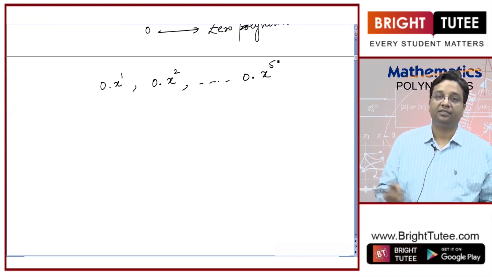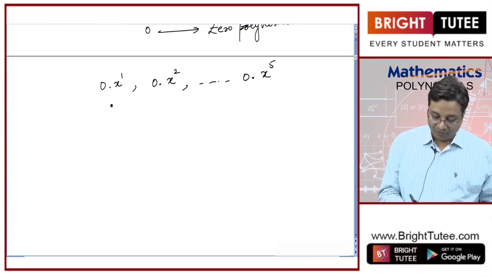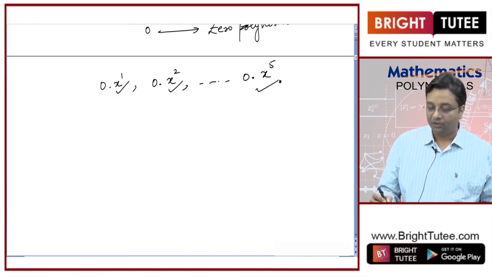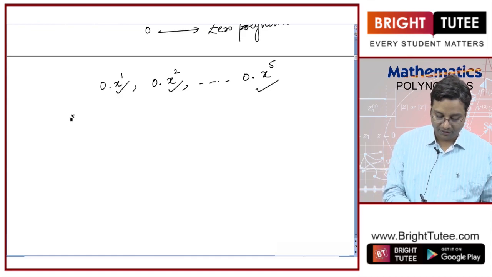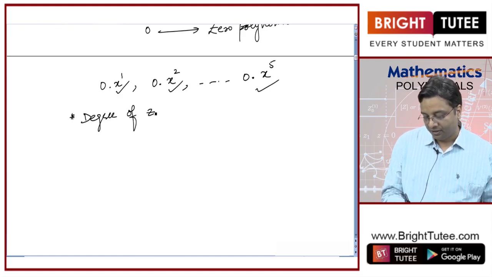Let's say I write x raised to power 5, right? So we cannot define what is the degree here because it will take all the powers of x, right? So you can make it a point, degree of 0 polynomial is not defined,